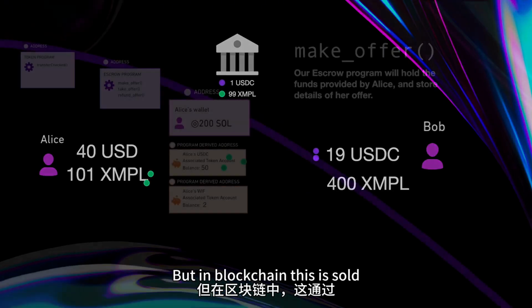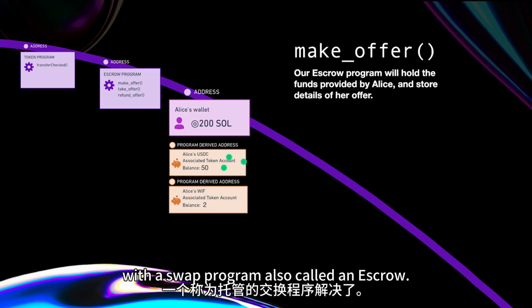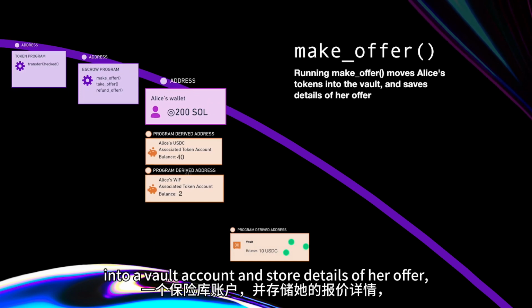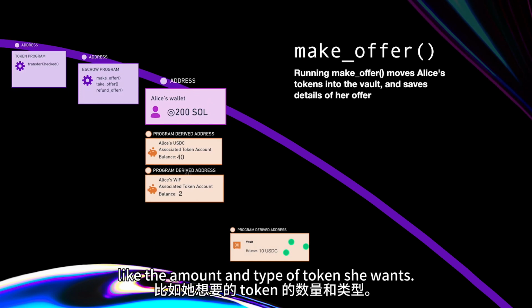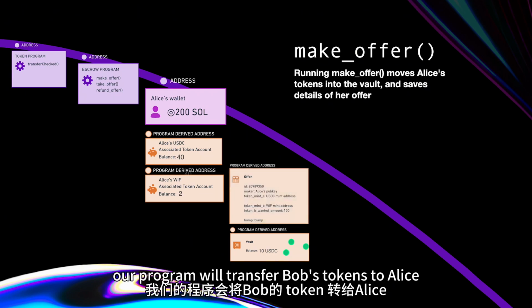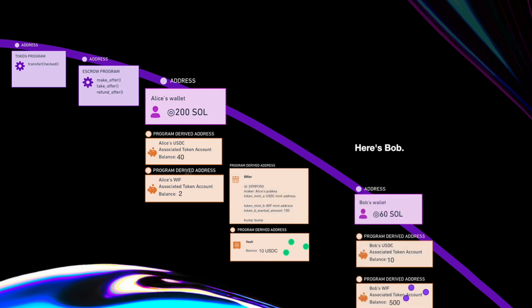But in blockchain, this is solved with a swap program, also called an escrow. Our program will transfer the funds provided by Alice into a vault account and store details of her offer, like the amount and type of token she wants, in another PDA. When Bob decides to take the offer, our program will transfer Bob's tokens to Alice and transfer the funds in